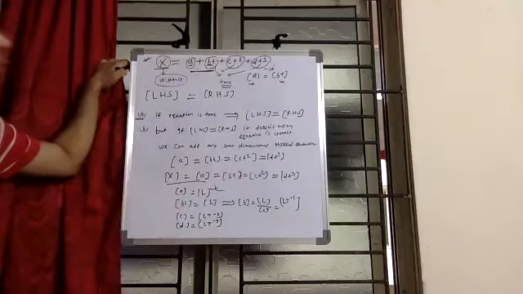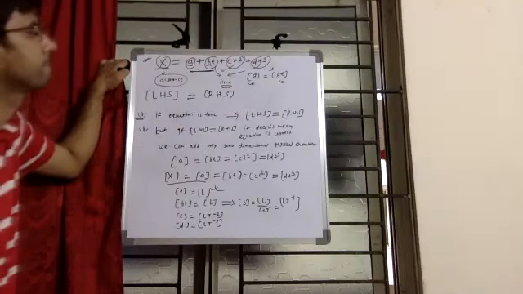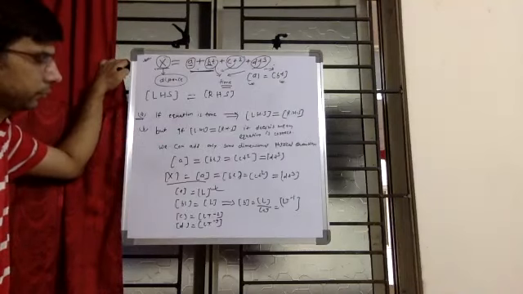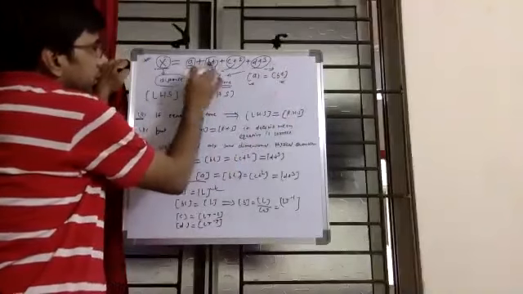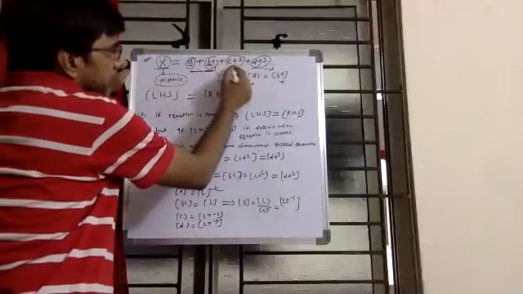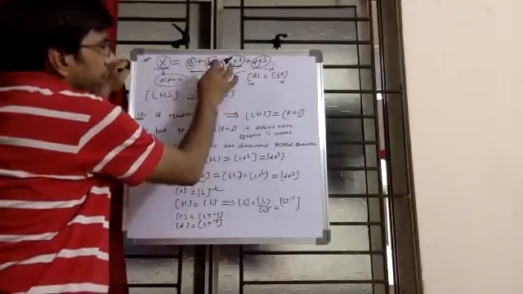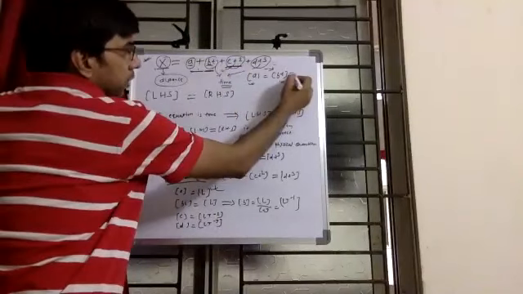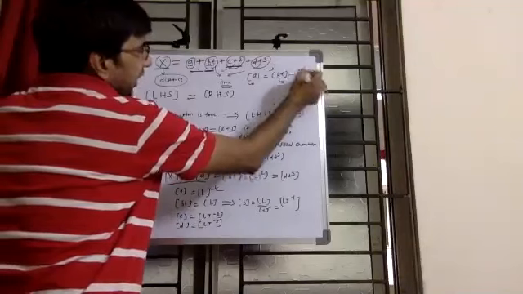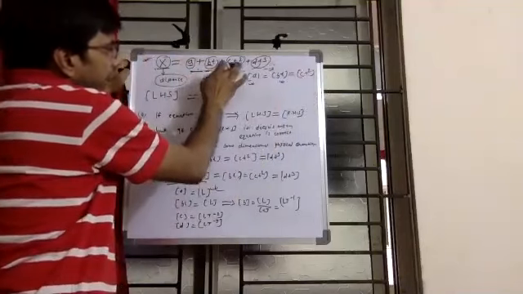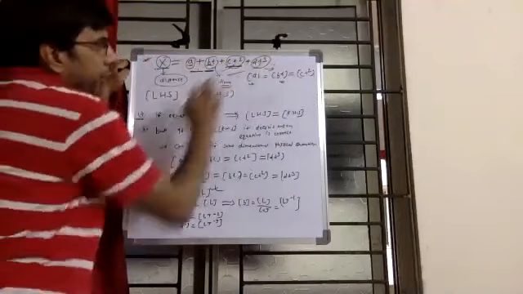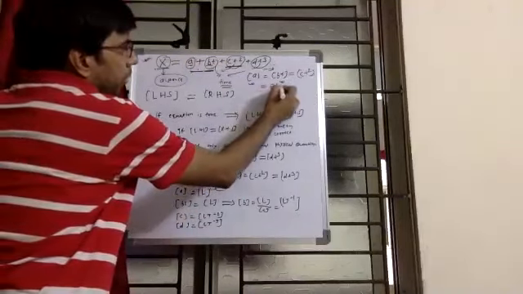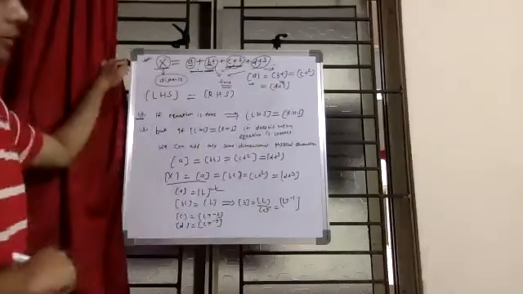Is that clear or do I need to explain it again? Prachi, now it's clear. Okay. So the dimension of A is same as the dimension of BT. These are physical quantities. Same as CT square. This is also a physical quantity and we are adding it with these. So the dimension of CT square should be same as BT because we are adding CT square with these two physical quantities. Same for DT cube. So the dimension of DT cube also becomes equal to X.